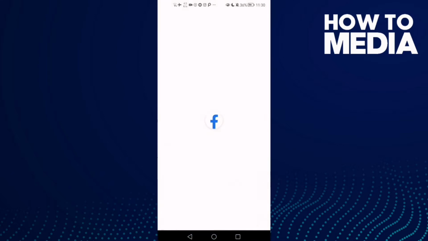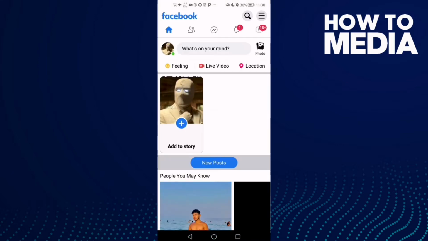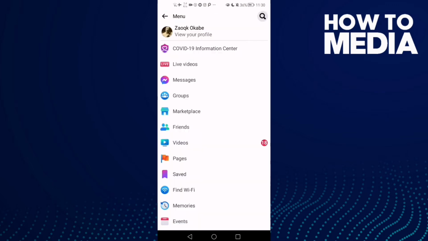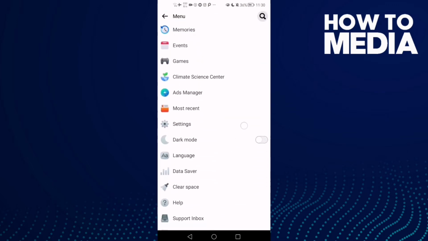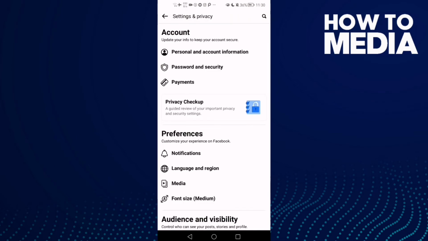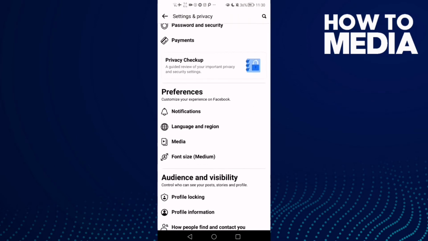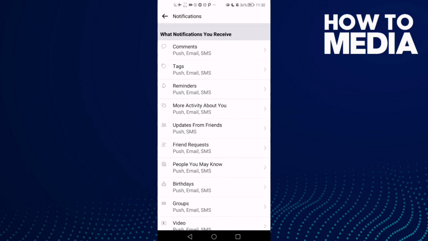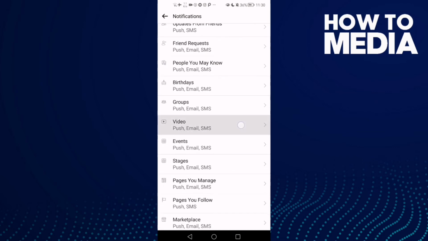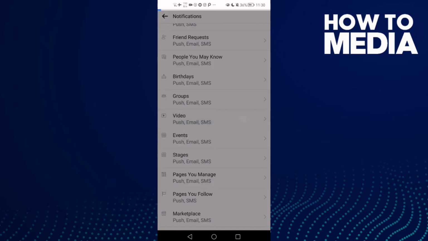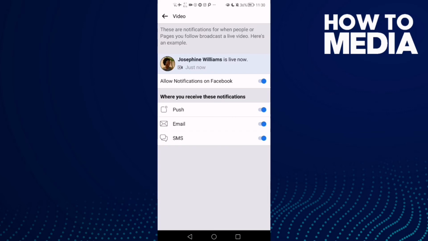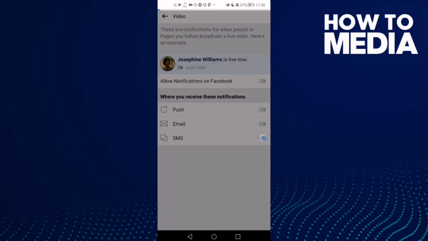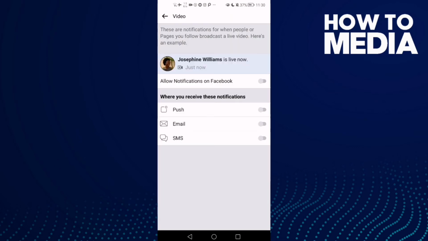First thing, go to Facebook Lite and here just click these three lines in the top corner and go down until you find settings. Click on it and then click notifications, and here go down again and you will find video. Click on it, and if you want to turn it off, just turn everything off, and it's easy, of course. And now just go back,